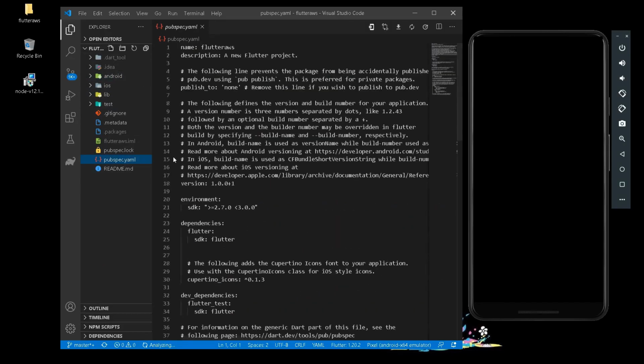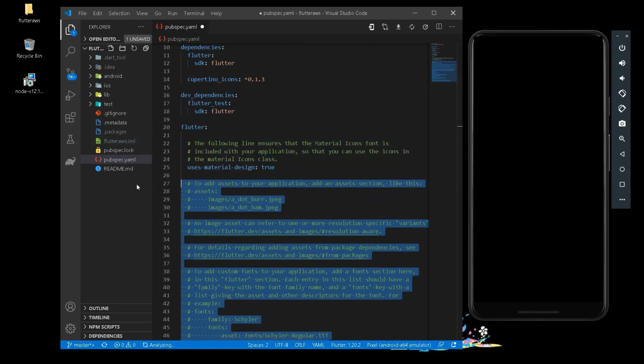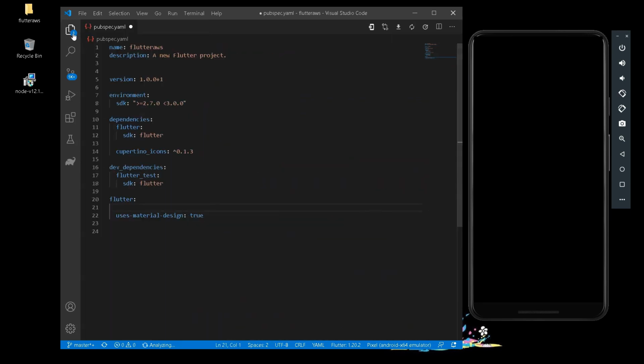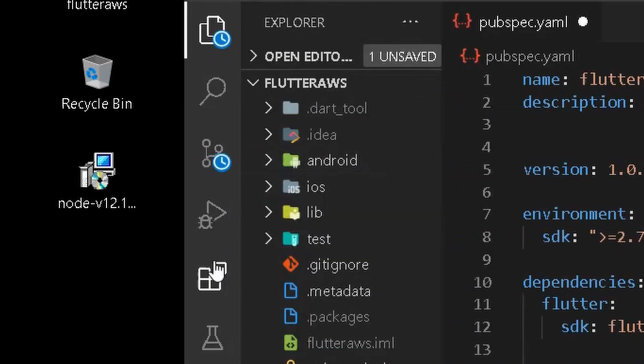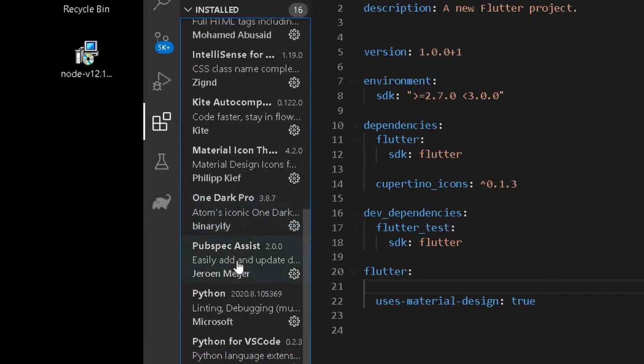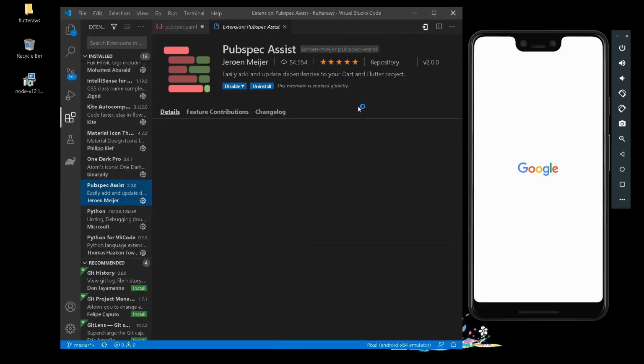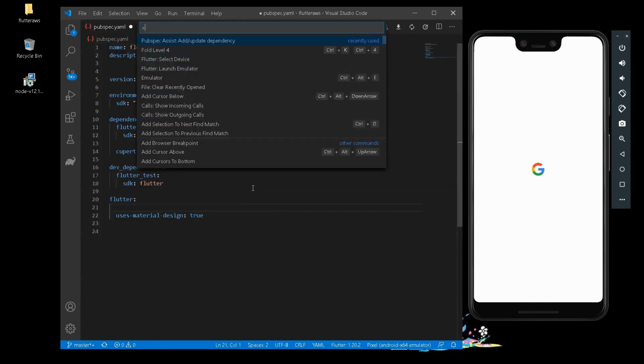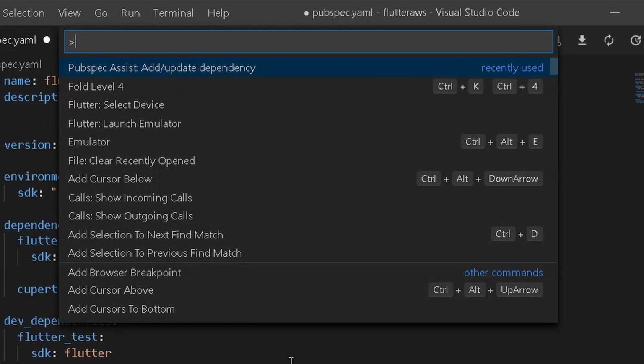Now let's start adding the following dependencies for Amplify after clearing the empty commented code. Now this is one of my short tricks for adding external dependencies into our Flutter project. To add an external dependency without going to the official pub.dev website, you can move into the extensions of your VS Code, and after reaching the extensions, you can get Pubspec Assist. Now this Pubspec Assist comes in very handy while getting dependencies from an external website. So I recommend you get Pubspec Assist for now. You can press Ctrl+Shift+P to bring up the command palette.